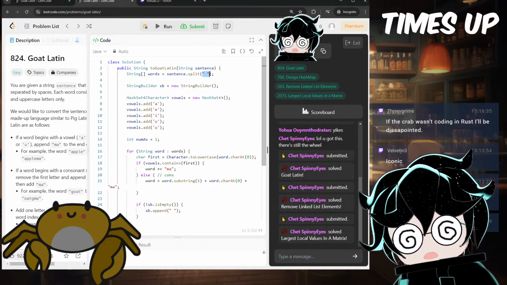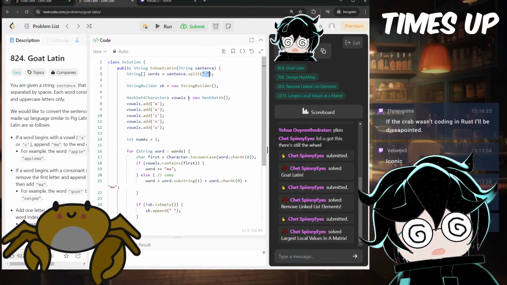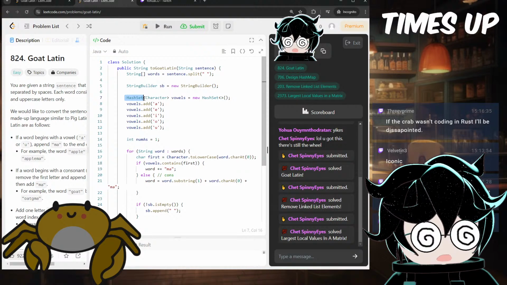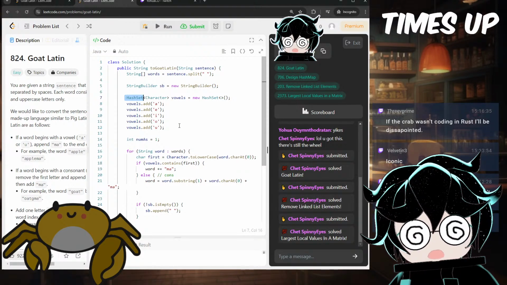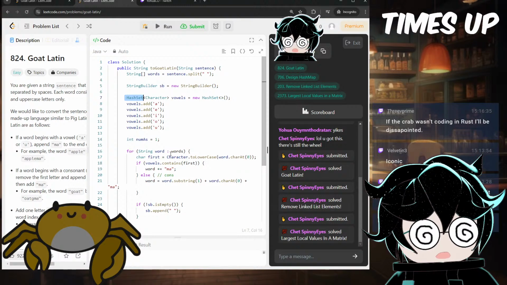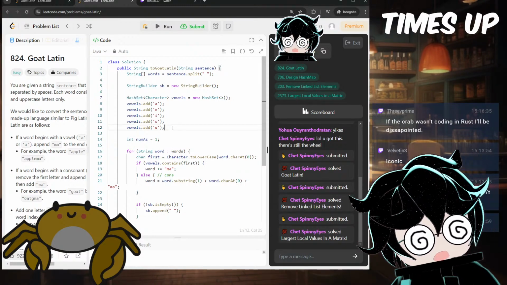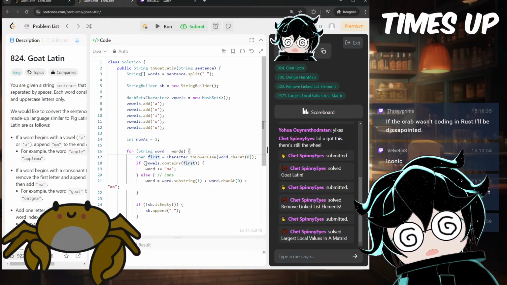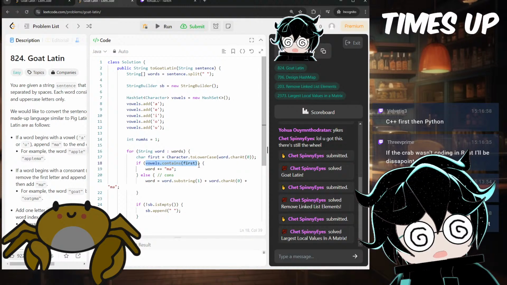To determine if something is a vowel, there's a data structure called a hash set, which is basically like a list, except if you want to see if it contains an element, it's really fast, so that's why I chose it. It's basically a list filled with all the vowels, and then I can just say if the vowels list contains the character, then it's a vowel, and it's really convenient.